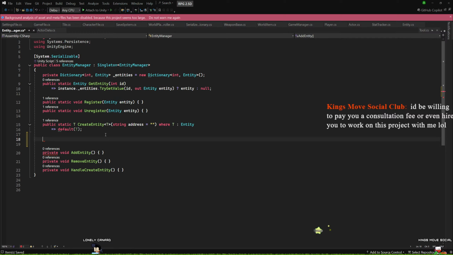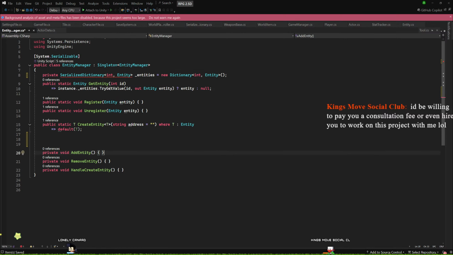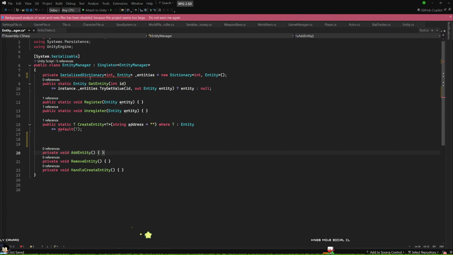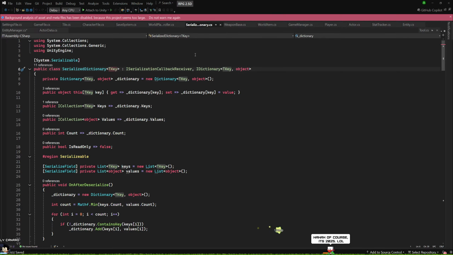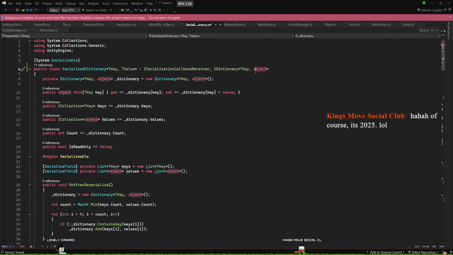Let's see. So what we want to do is convert this into a serialized dictionary. So this is the dictionary that I had tried yesterday. I'm going to try it one more time. It works. It's just,